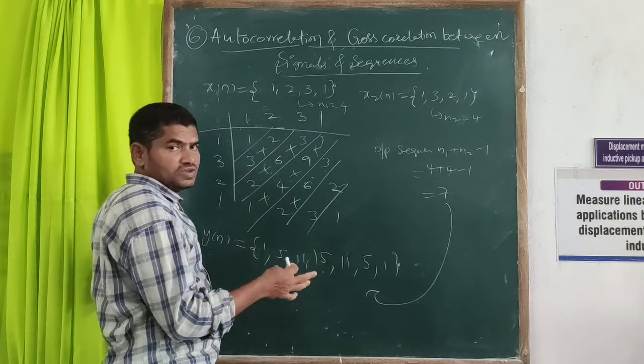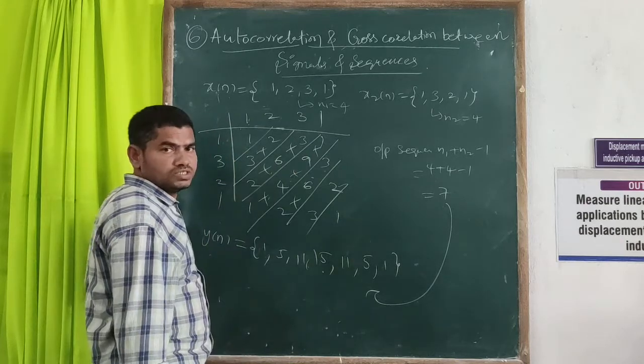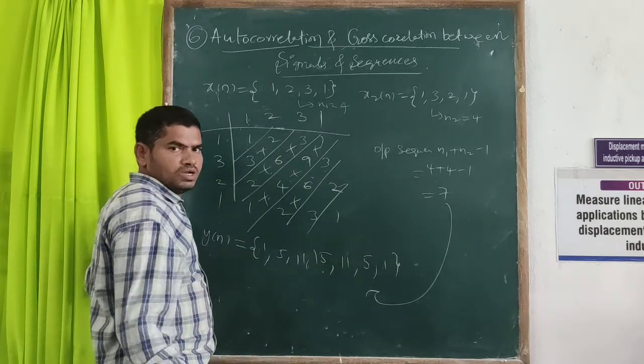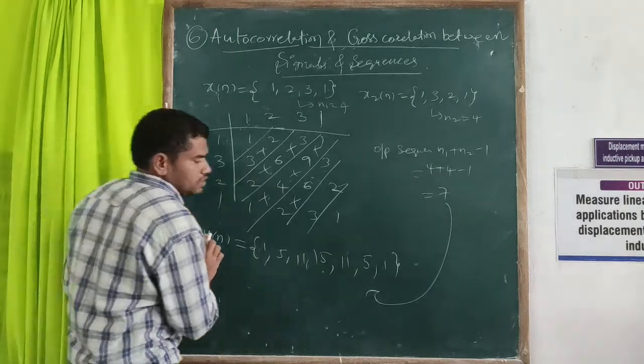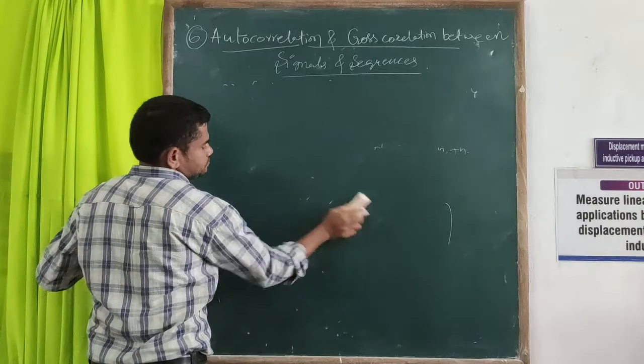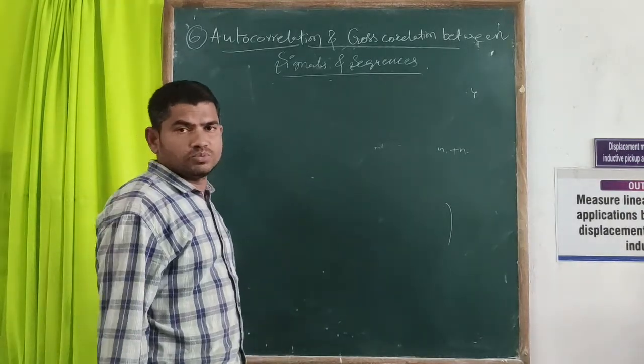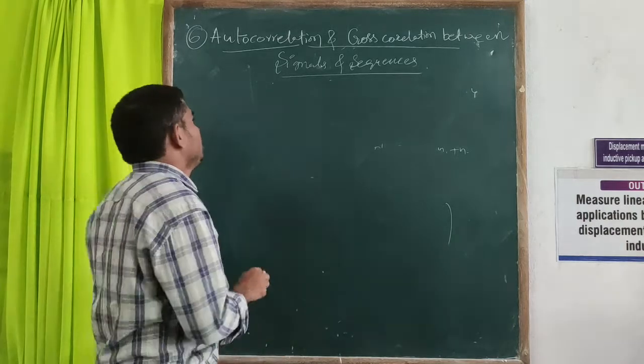Okay, now this is the cross verification of the length and the particular output sequence for any convolution problem. Now I am going to the next one, cross correlation. For the cross correlation, we require this also. Now I am using the convolution property. Now I am writing the code.